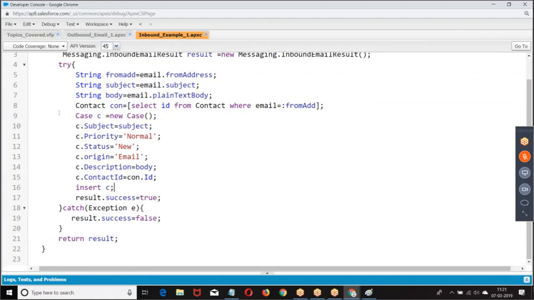But how do I send an email? If I want to send an email to you, you have to give me your email address. Now, if somebody wants to send an email to me, you have to give me an email address. Without giving an email address, how could I send an email? You are supposed to give an email address. Then look at the point.